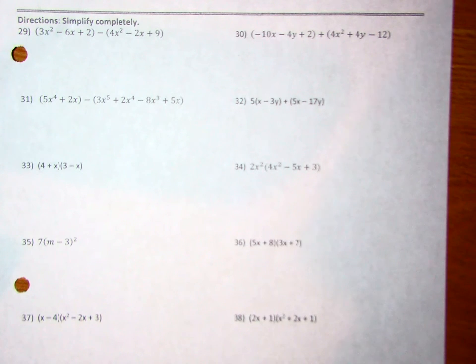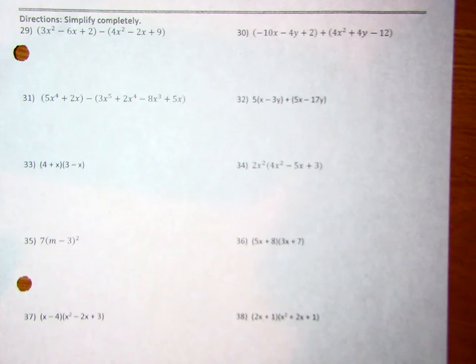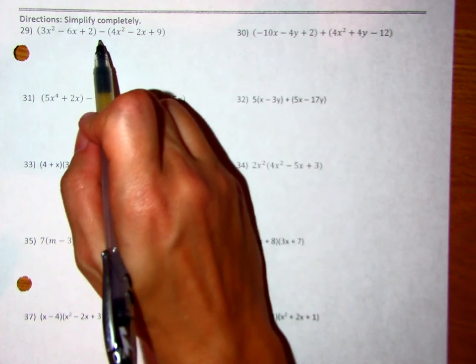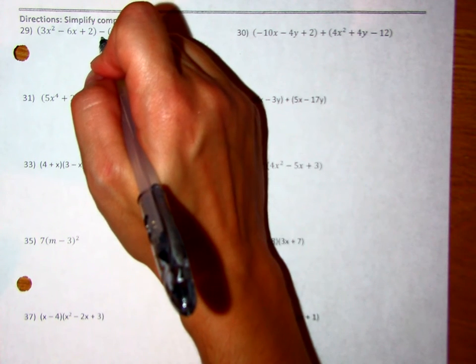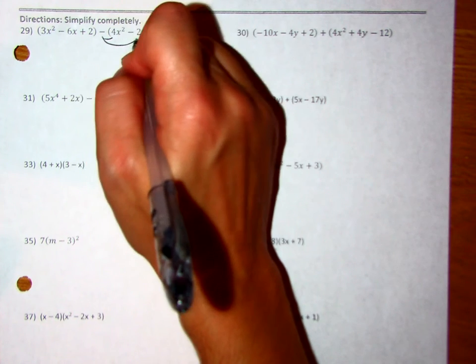So this is numbers 29 through 32. In 29 through 32, we're just adding and subtracting our polynomials. Our main goal is to group the terms that are alike. Notice here that we have a subtraction sign, which means we're going to have to distribute that negative to all